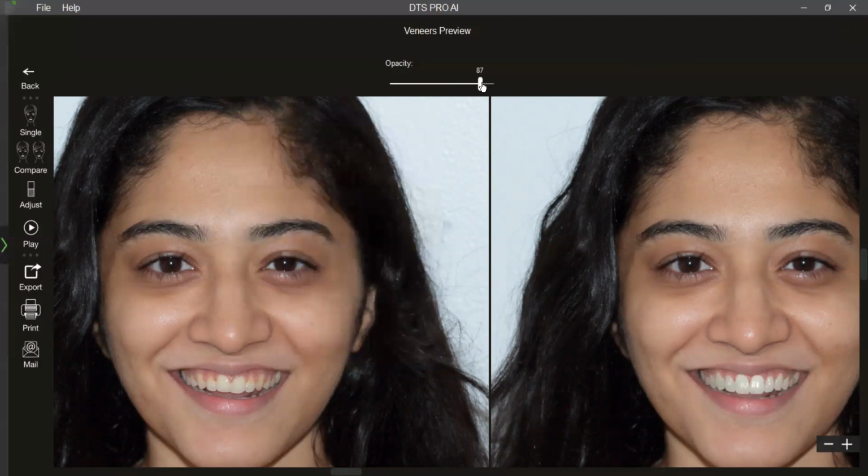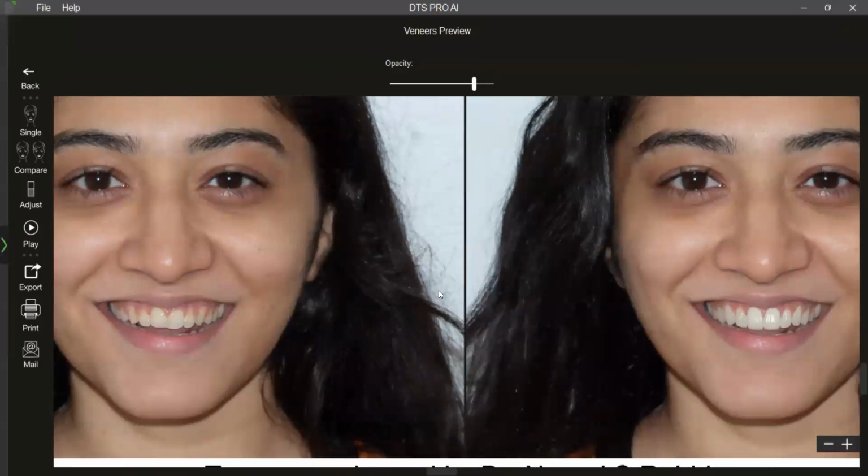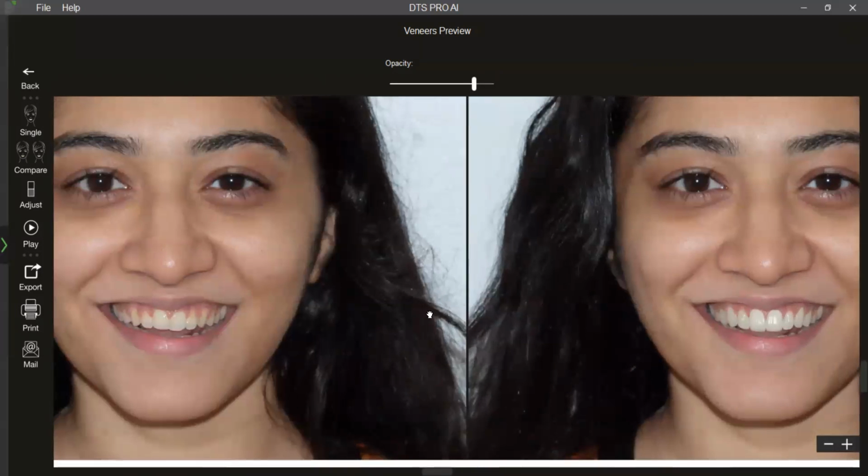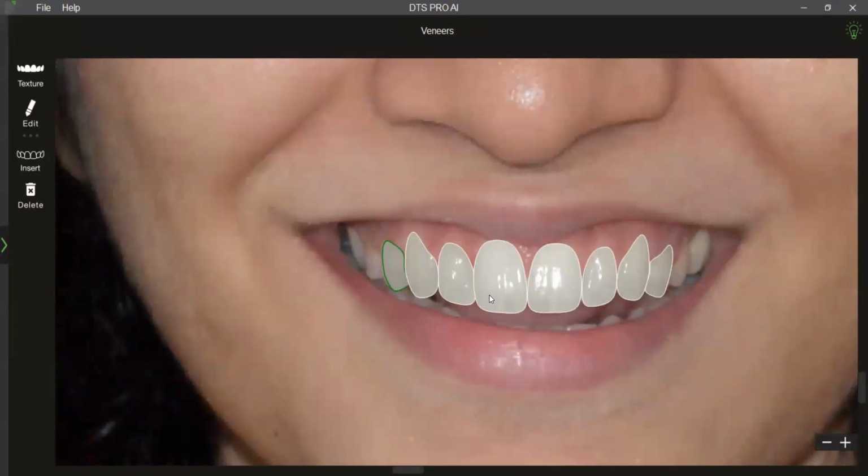And again, reduce my opacity. Absolutely natural looking simulation, something which appeals to the patient, can be communicated to the lab, and the results can be replicated the way it has been shown to the patient and planned, right? So that's my digital veneer planning.